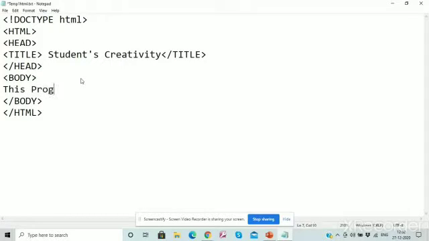This program is about to explain how to add images.